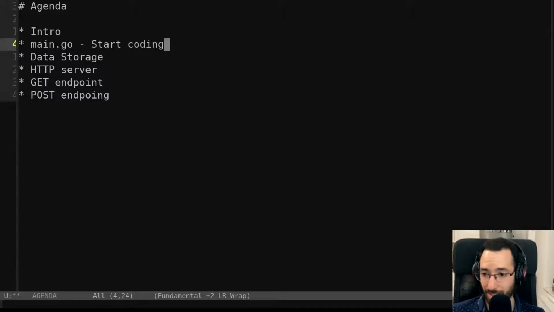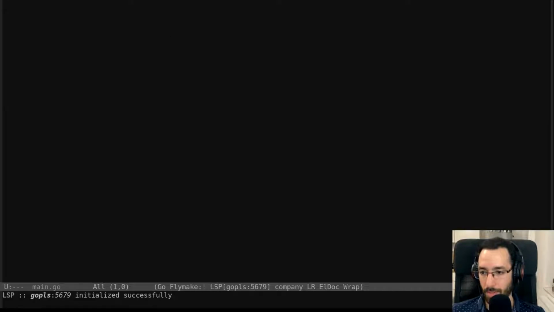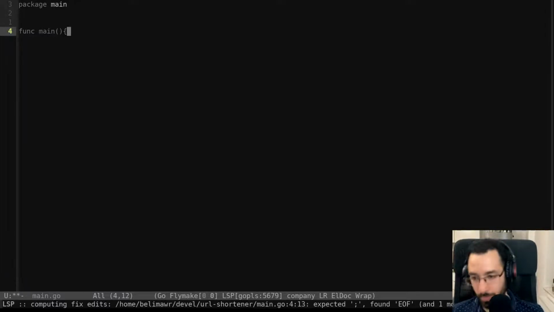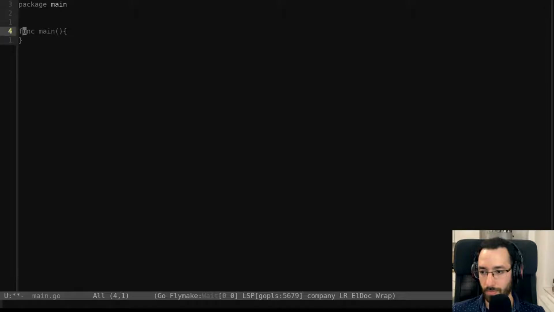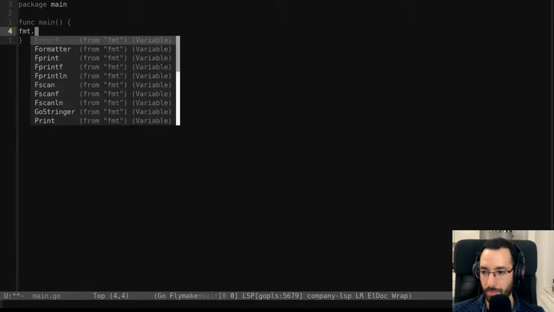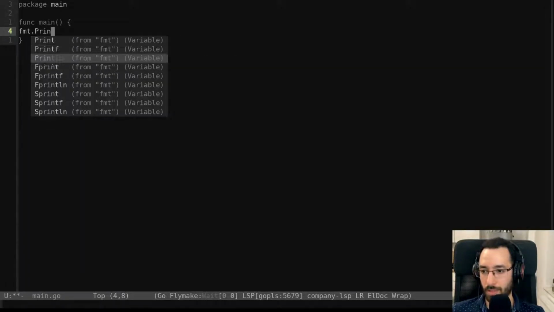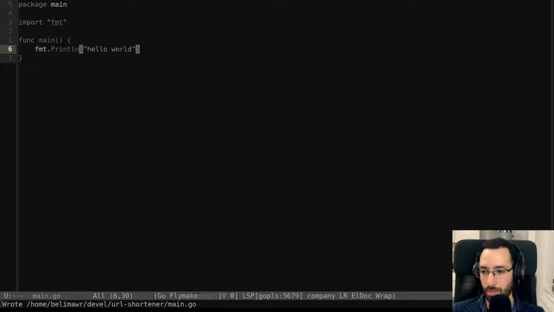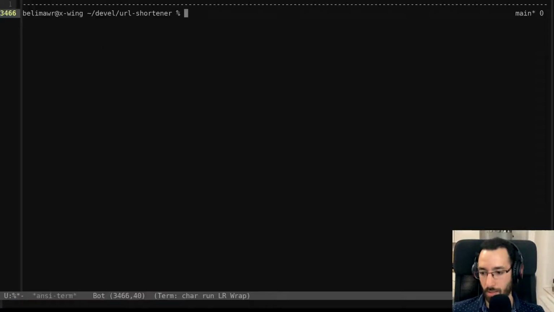So it's Go. Every Go program starts with a main.go. So create an empty main.go file, package main, func main, and yeah, sometimes I struggle with my keyboard. And hello world, just to make sure everything's working. And go run